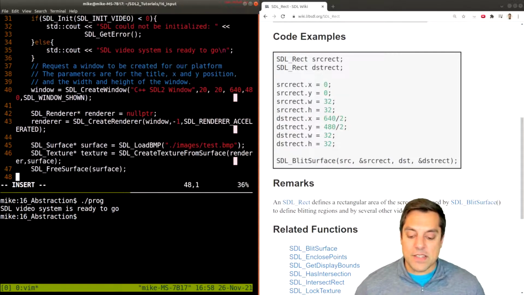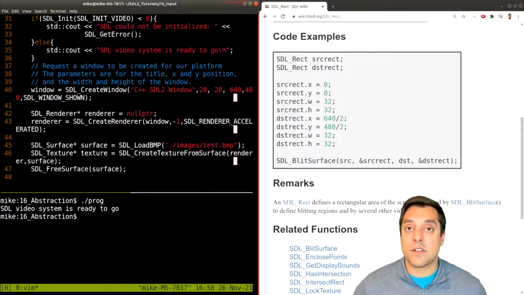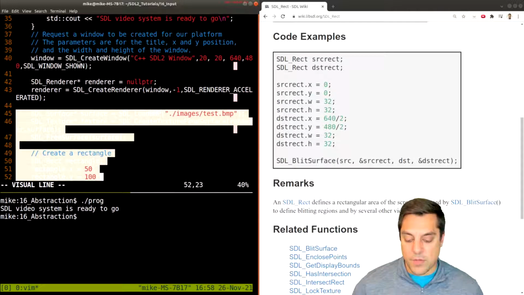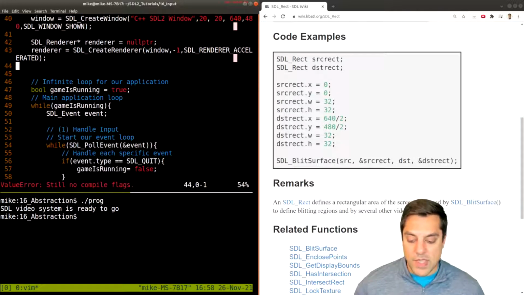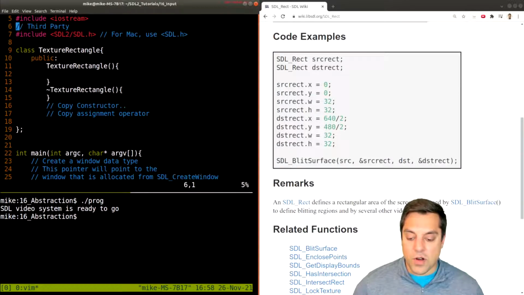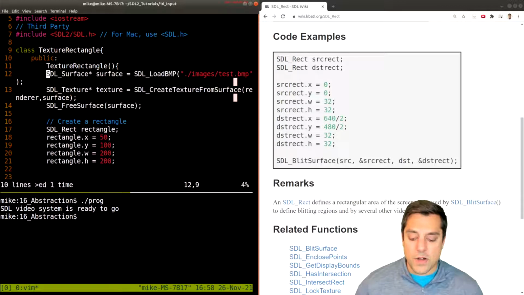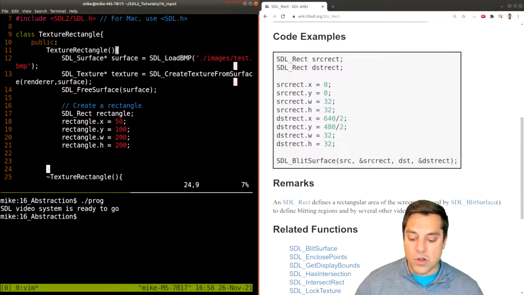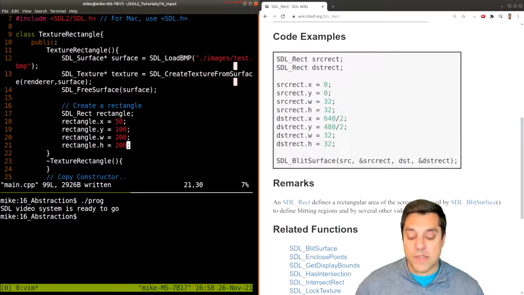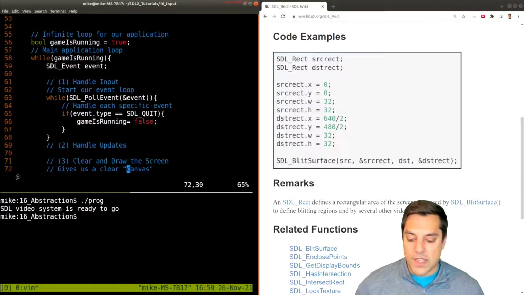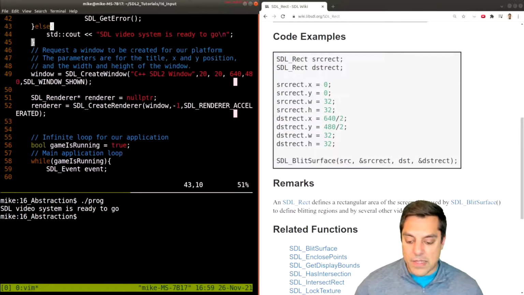Anyway, let's go ahead and start merging in some of the old work that we did with our textured rectangle and go ahead and get things set up. So I'm going to go ahead and just copy this code that we had previously into our constructor. And this code was responsible for setting up our rectangle and setting all of the properties of that rectangle. And then let's go ahead and grab our code in the actual main loop here